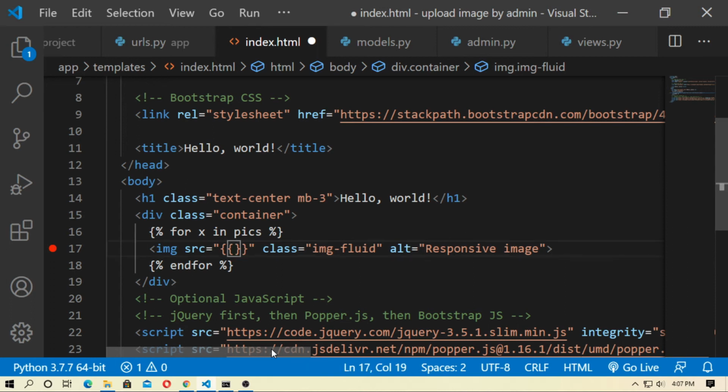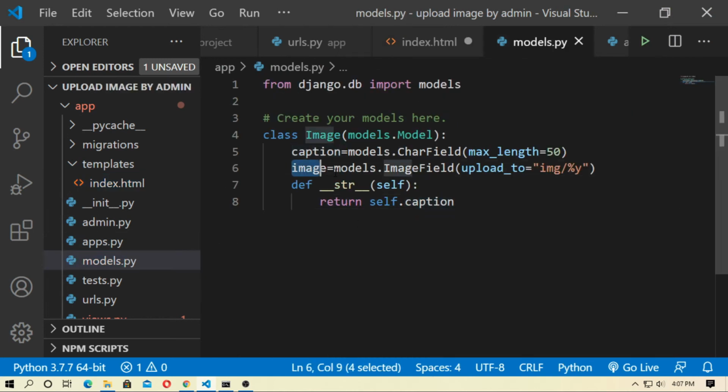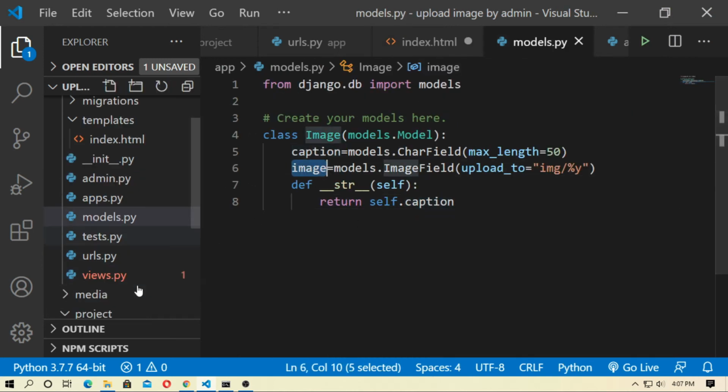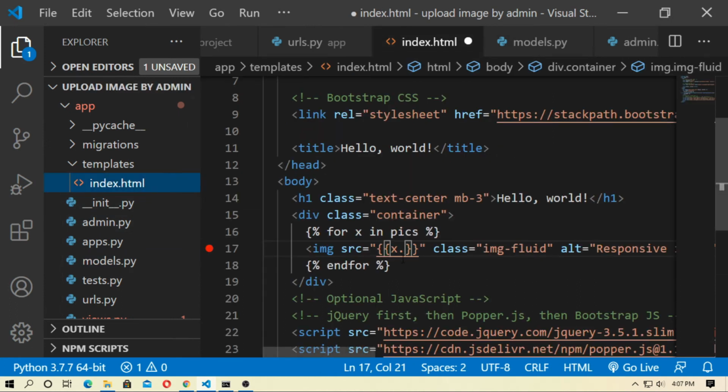So type x dot, and go to models: x.image.url. Image is the field in the model and url is the URL of the image.